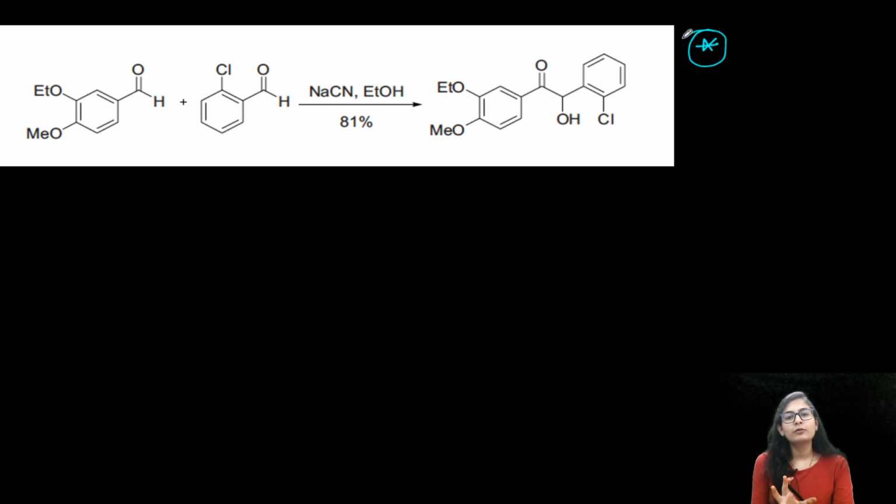Okay, so these kinds of questions get asked frequently, and here we have another very important example. Now guys, before moving on to the example, let me quickly tell you that there are two aldehydes over here. So when you are having two aldehydes and you want a particular benzoin, how are you going to carry out the reaction? You are going to take the first aldehyde. Let's say I'm taking this aldehyde over here.